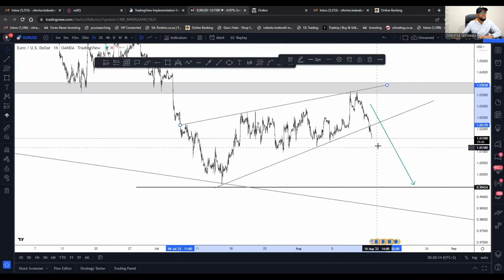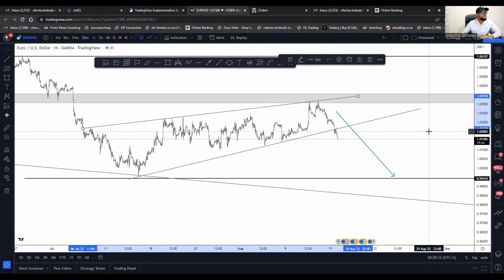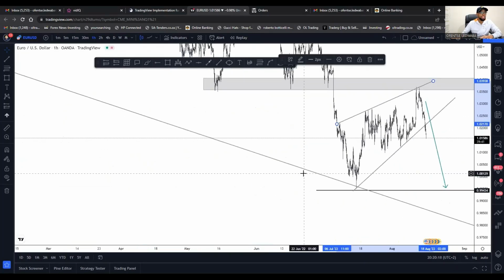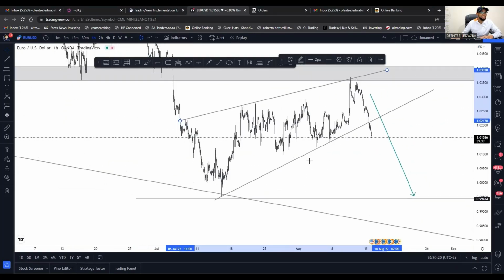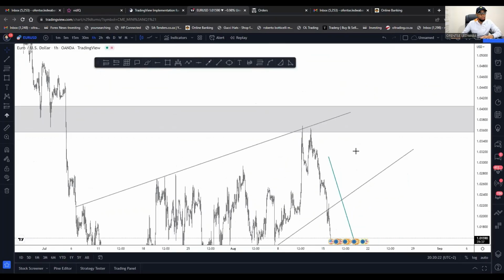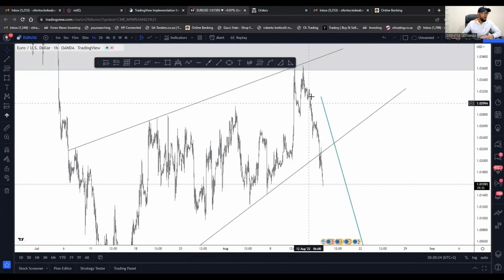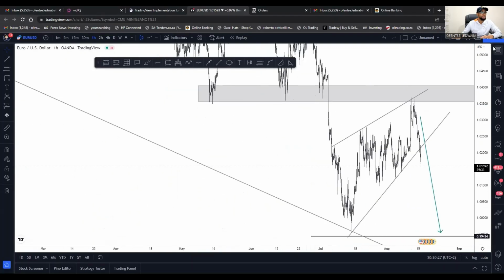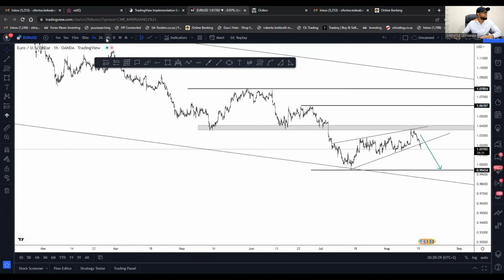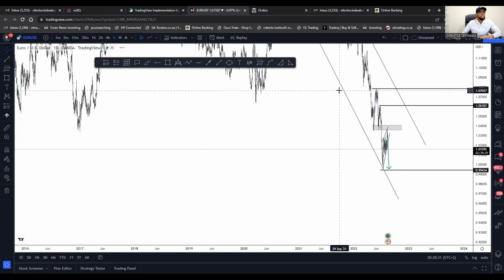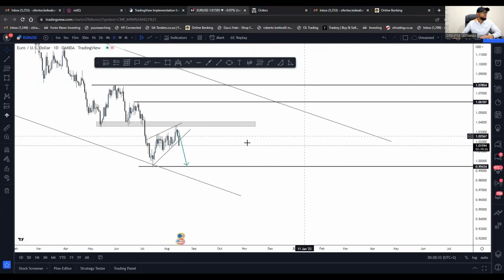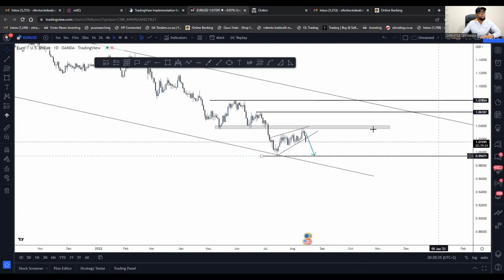Okay, guys, this is just the trade that we managed to catch on Euro USD. Many of you will ask themselves, how did I manage to catch this trade? Okay, as you know how we analyze, guys. How I managed to catch that, I'll start from